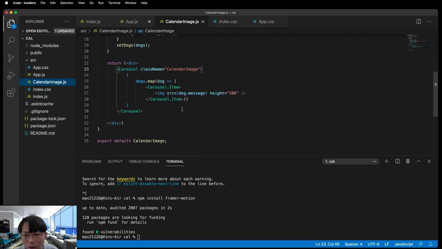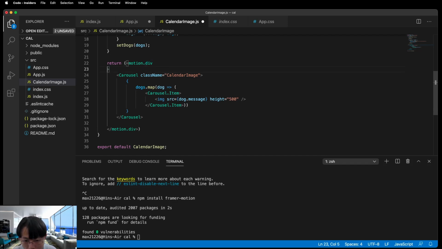For example, if I want to animate a calendar only, the carousel, the calendar image, I would just change this div to motion.div. Any legitimate HTML5 tag, you can change it to the motion version by prefixing the HTML tag with motion dot. That gives you the ability to determine